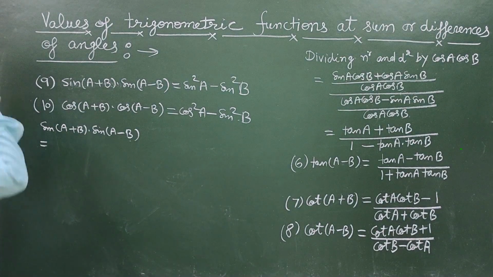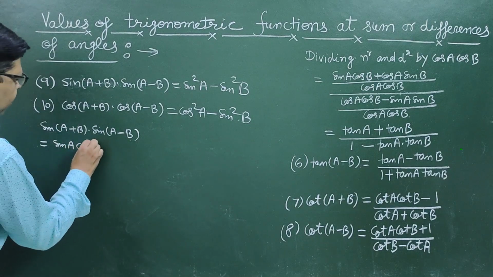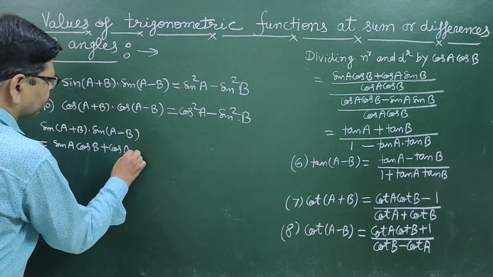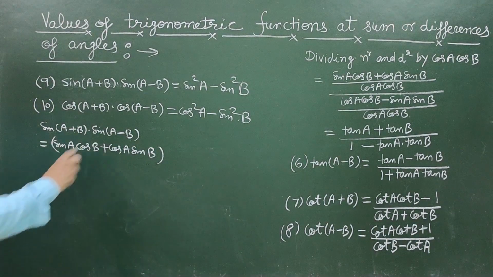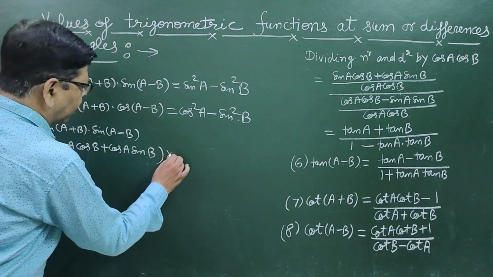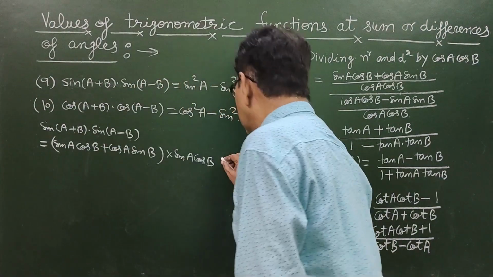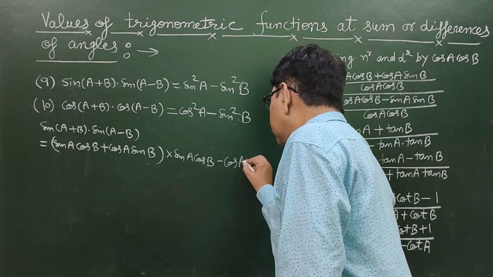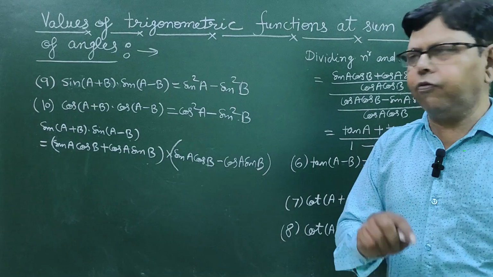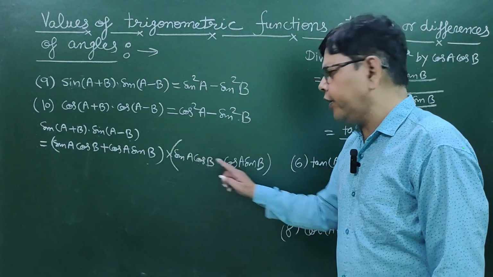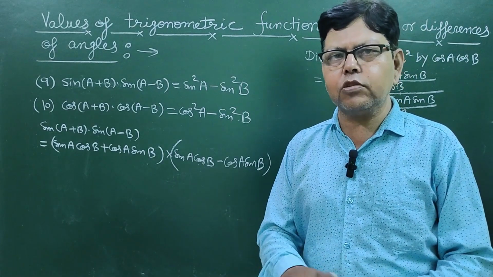So how will you derive this? First write the formula for sine A plus B, which is sine A cos B plus cos A sine B. Now write the formula for the difference, that is sine of A minus B is equal to sine A cos B minus cos A sine B. Now this expression is in the form of A plus B into A minus B. So using the formula A plus B into A minus B is equal to A square minus B square,